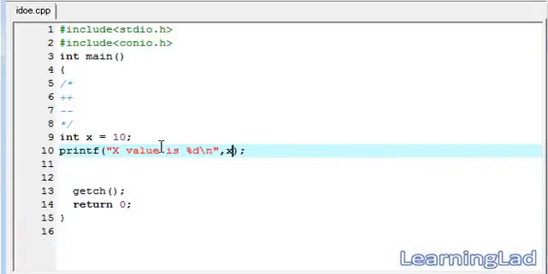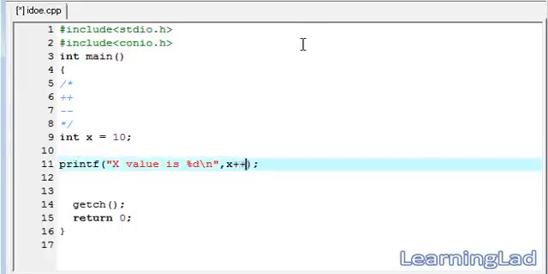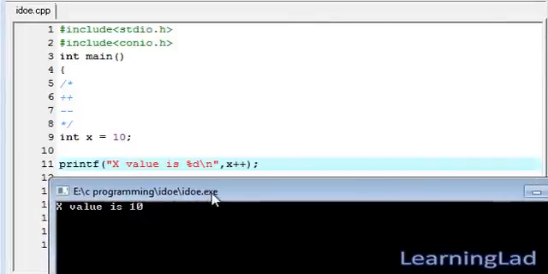Now what we want to do is increment this. For that purpose we can write x equal to x plus 1, but I know that I can use this shorthand operator, so I write x plus plus. I can do it right here. So I'm going to write x plus plus, which means x equal to x plus 1. Save it, compile it and print it. What we expected was this x value to become 11, but it is still 10.